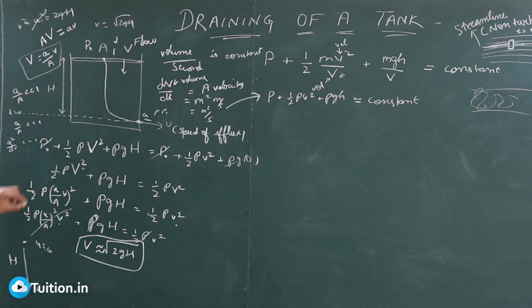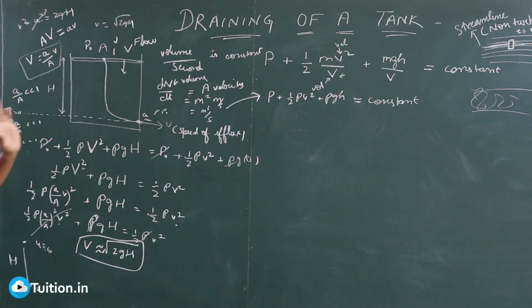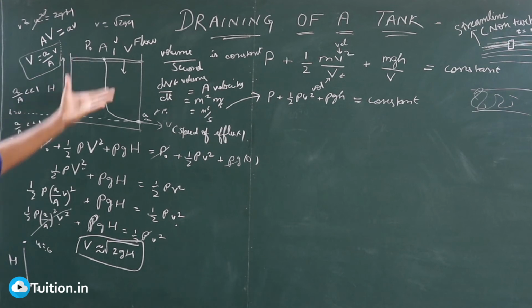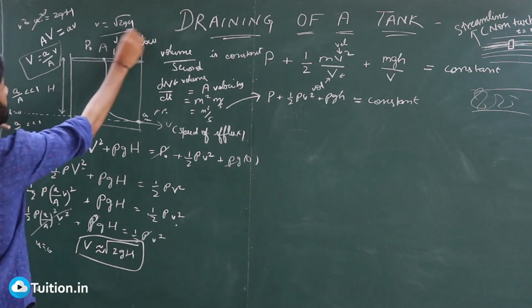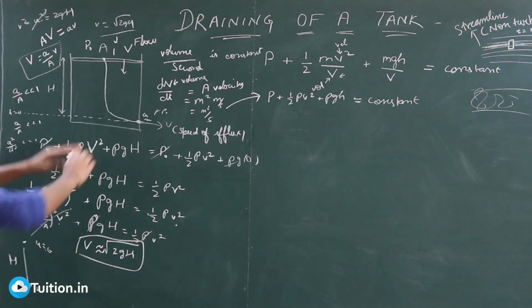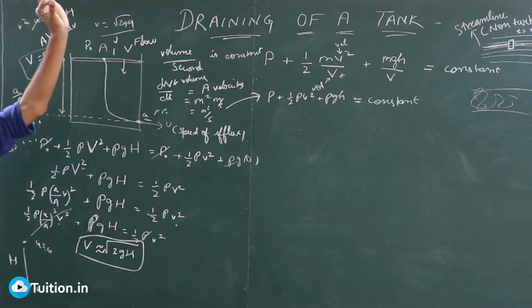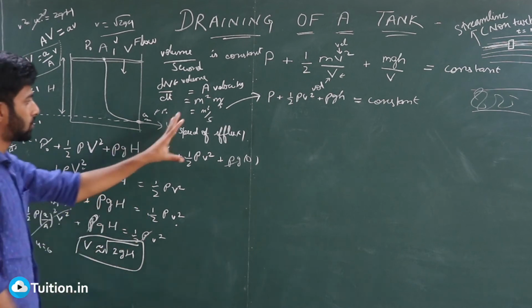So you can just assume that this is a ball which is falling from a height h. Then with what velocity will it come out? The formula is the same. I'm not saying the concept here is the same. The concept here is completely different. As you can see, this is kinematics and this is fluid mechanics. But the result that you get here and here are the same. So even if you forget all these methods, you can just remember a ball falling from a height h. It will acquire a velocity root 2gh at the bottom, and you can use the same thing here. So this is the speed of efflux which we have got.